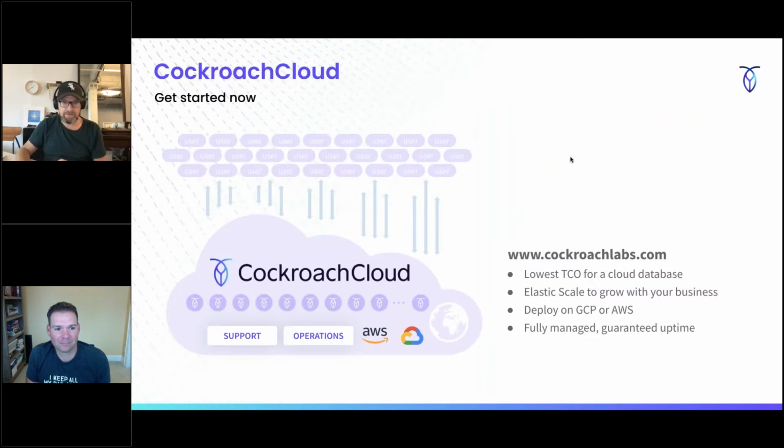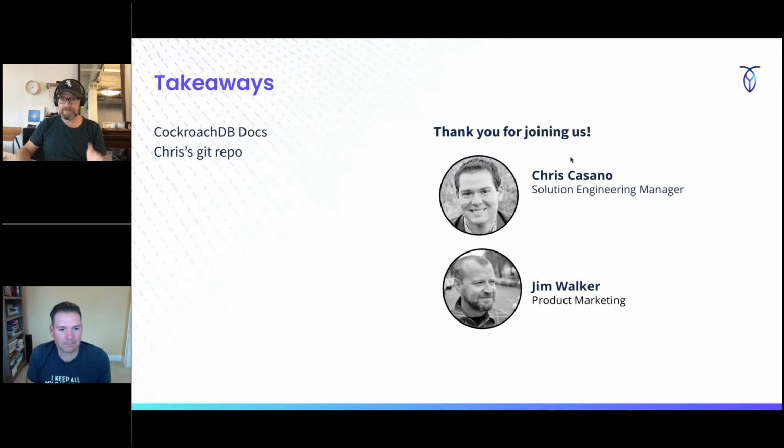If you're interested in learning more about what we're doing now, Chris talked about Cockroach Cloud. You can go and start using this. You could also download the binary and use it on your laptop. Our docs do a great job of explaining all these things. Go to our website and then the documentation, and check out multi-region. There's lots there. You can also get into Cockroach Demo. A lot of what Chris showed you is there, and we'll send the link out to everybody post-event, and we'll include the Git repo that Chris had, with his dad jokes complete, so you could add your own.